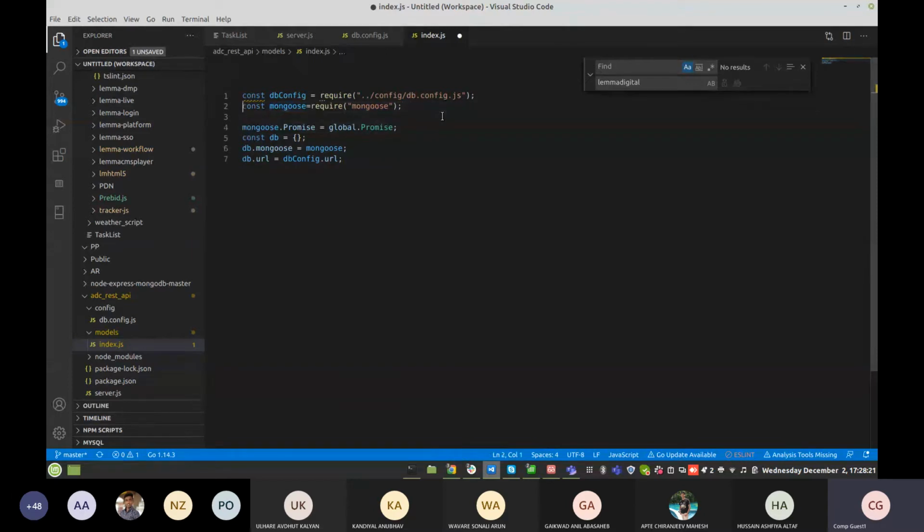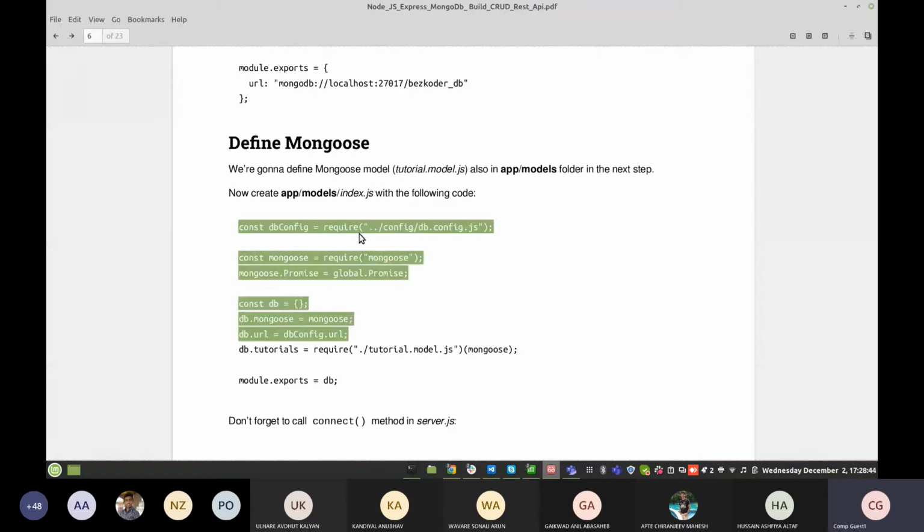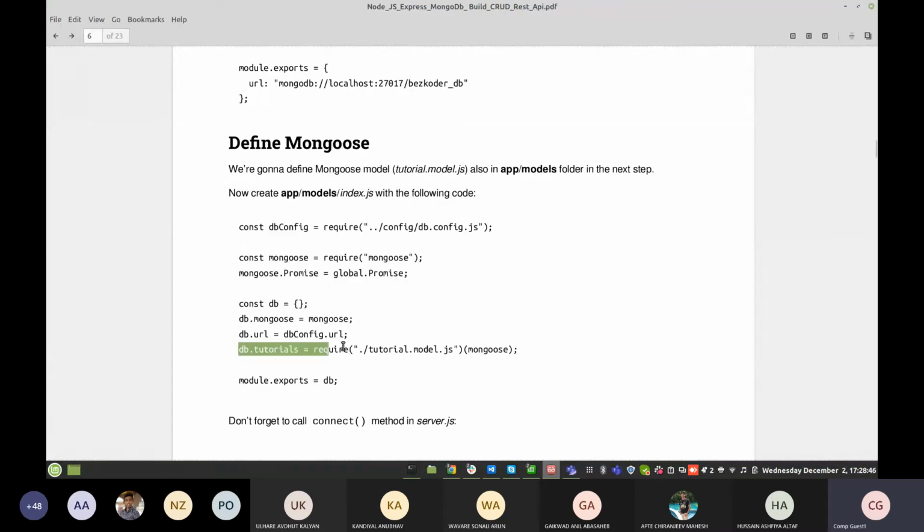This is the global promise, to make sure you get a response from your data. Here a DB object is created, and we assign the Mongoose model, the promise, and the URL to connect to the database. Then, which model do you need to access?